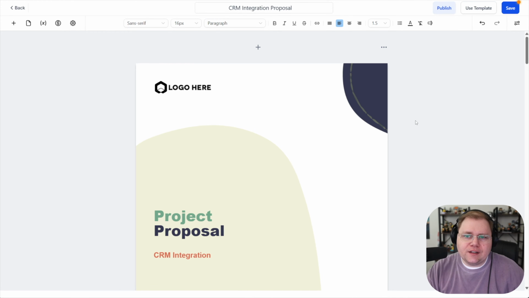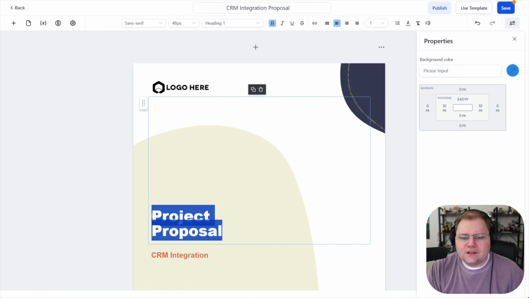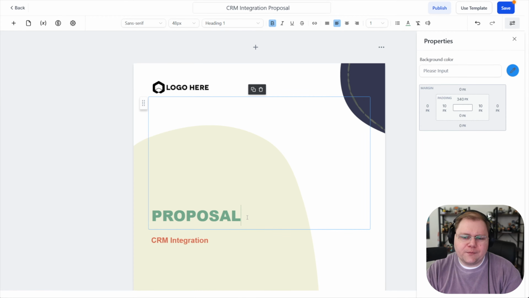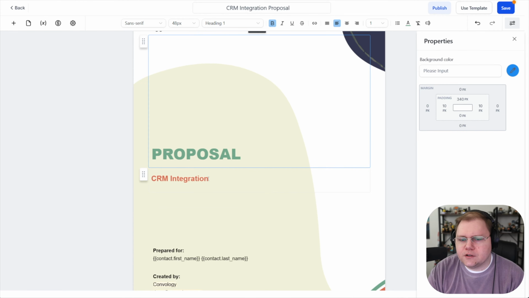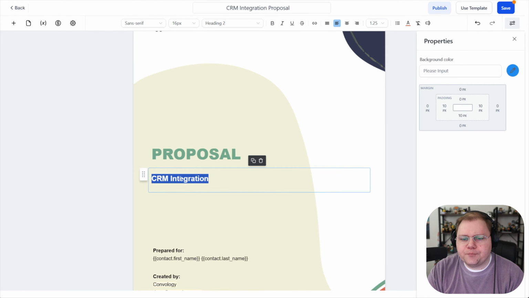But essentially, this is the proposal builder. I think it's really good. Like I said, I've used plenty other alternatives. They all kind of have their quirks, but I like the way that the HighLevel one works. You can swap out your logo. You can hover over different pieces. You can select things like instead of project proposal, I like to just say proposal. I also sometimes will do like service agreement or contract, depending on what I want to call it, but proposal is pretty universal. And then I like to put here down below, I like to say for,